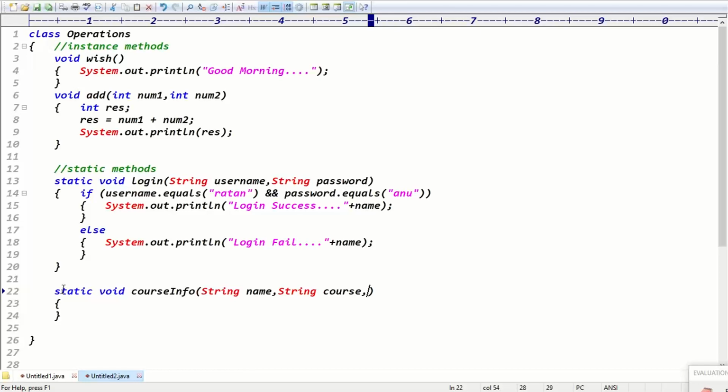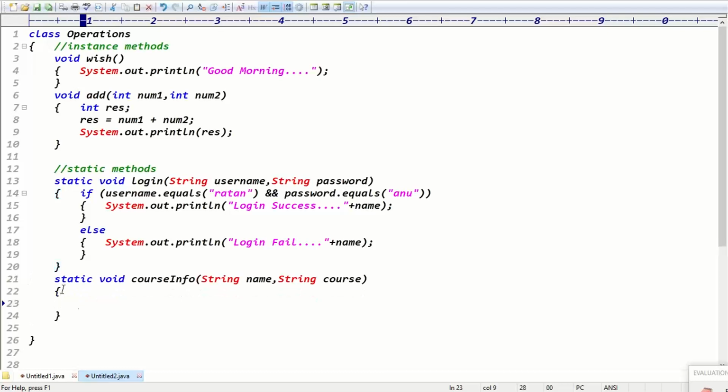The name of the student is expected, and the course name is expected. If you tell me your name and your course name, then I will tell you, okay, this is the fees for the course Java, this is the fees for some advanced Java, something like that, right? Exactly. Yes or no? But see, I will provide only core Java and Python courses. If you provide anything other than Python and core Java, I have to give an error message like the course is not available. Guys, what do I have to do?